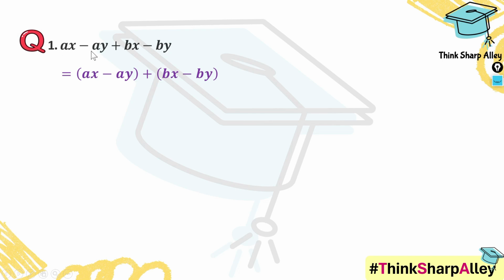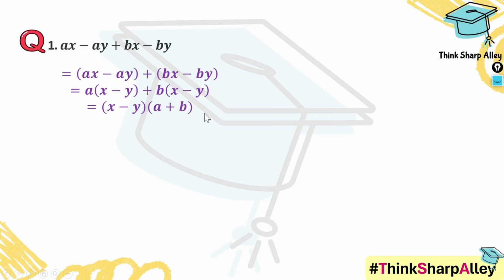So over here you can see I have taken the first two terms in one group such that A is the common factor, and the next two terms in another group, and we can clearly see B is the factor. So we'll factorize each group, which means we'll take A common from here and B common from here. And if you notice, we have got a common factor, a factor which is common to each group. Take out that common factor and we'll write the remaining parts in a separate bracket. And this is the factorized form.